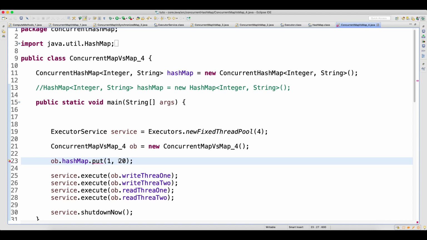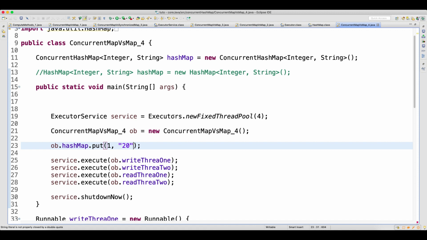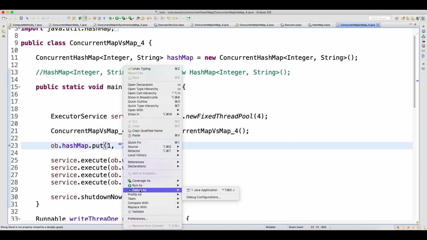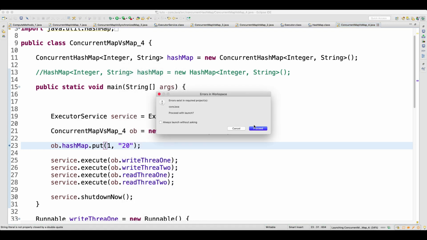Sorry, it should be a string. Okay, yeah. Put a debug point here, right click, debug as Java application, proceed.